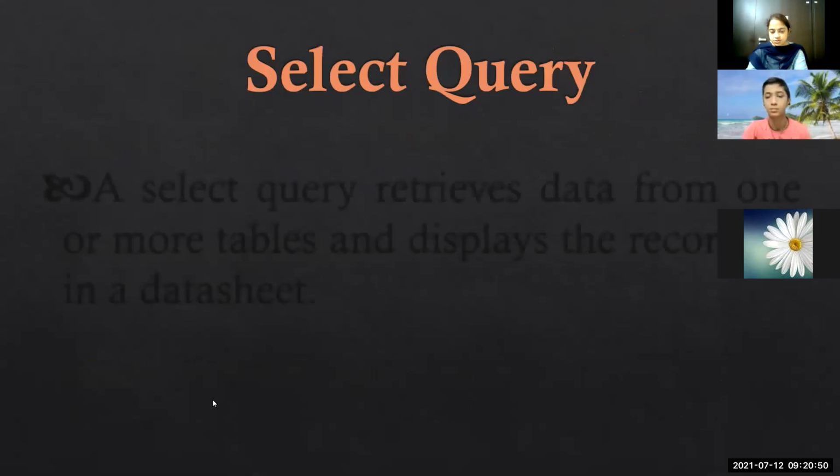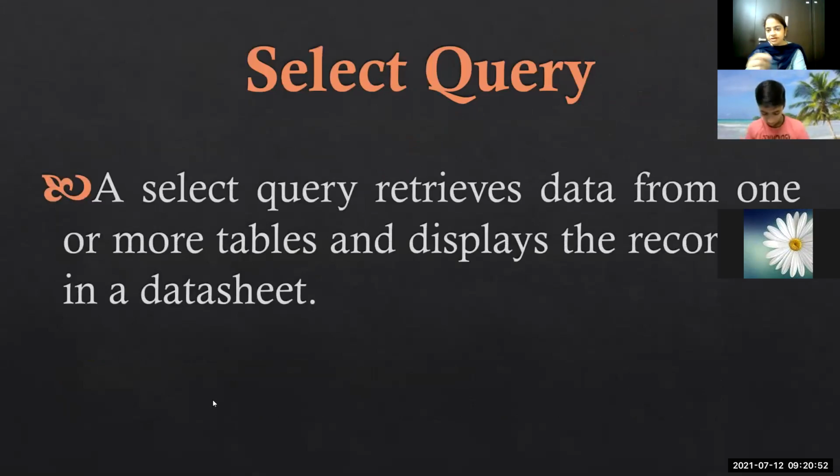Okay, what is select query? A select query retrieves the data from one or more tables and displays the record set in a datasheet. Select query means a query in which we design the query, we specify the table on which we want to create a query, then we specify the criteria or condition on which we want to base the filter of the records and run the query. It will display the result. We can save the queries to see the data later on also.